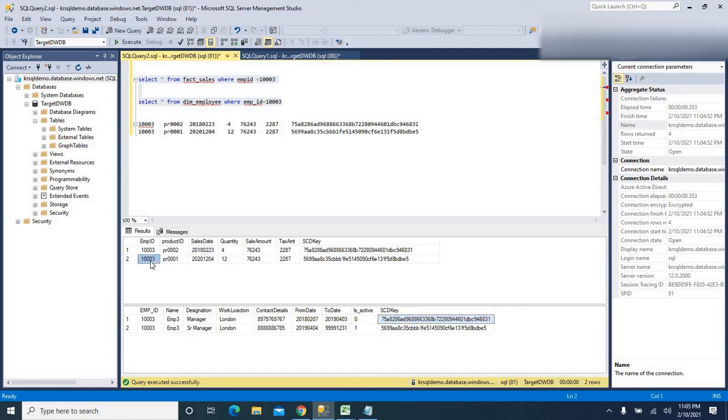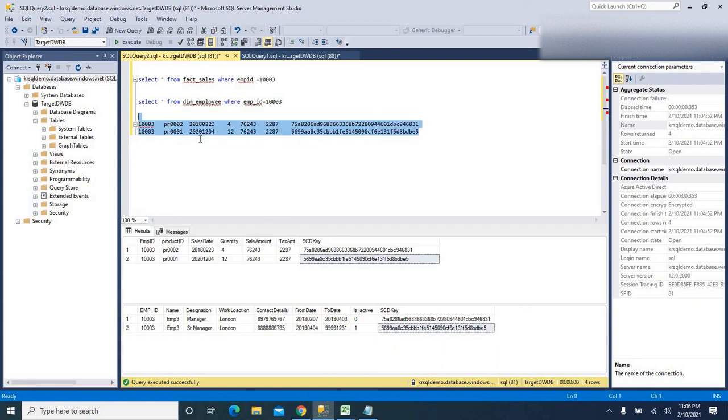The second record is populated with this SCD key because this sales date is between 2019-04-04 and the high date; it has not ended, it just defaults to the high date. As this date is between these two dates, it is populated with this SCD key. That is how the SCD key will be populated into the fact table.